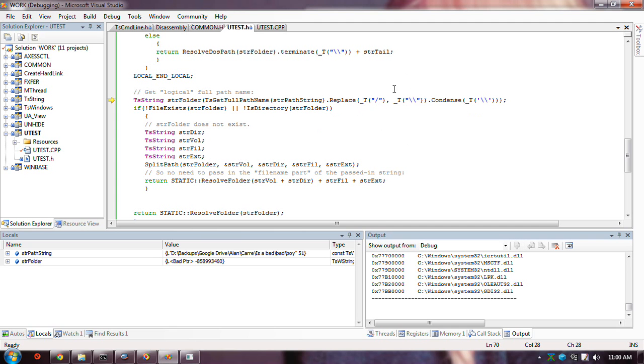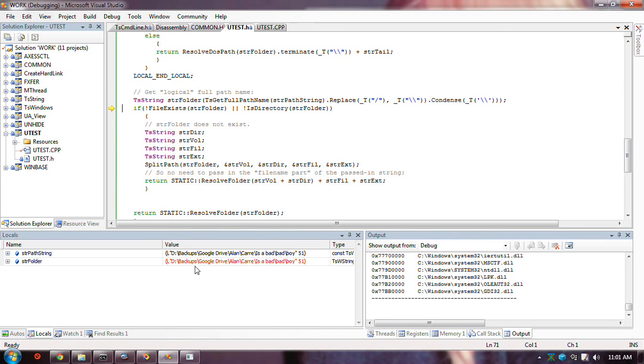Turn all forward slashes into backslashes, and condense just means take any consecutive occurrences of these characters and turn that into one. So that's all being done in one step, and actually nothing's going to happen because it's already in that format.